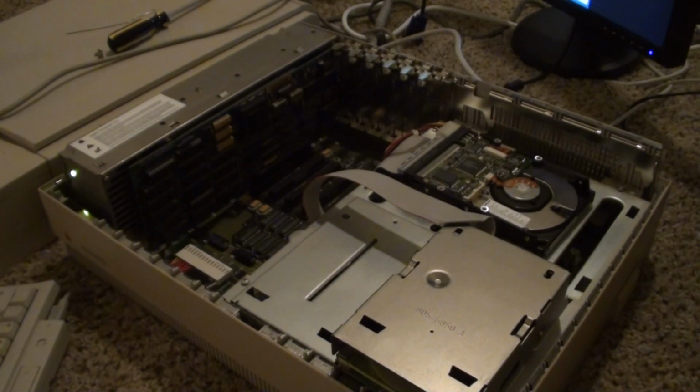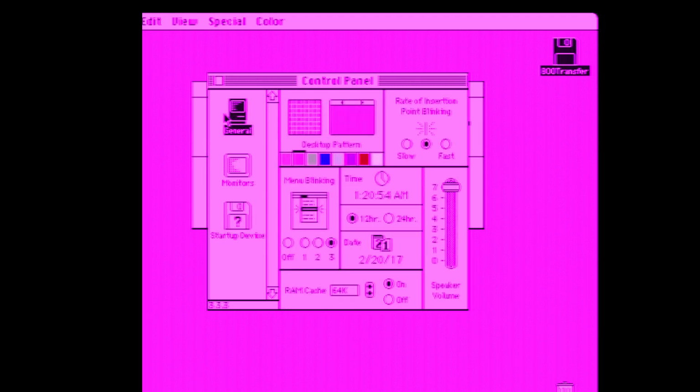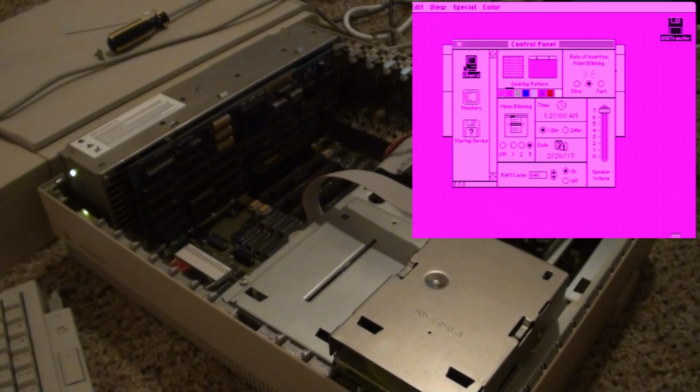So the problem I'm having is that the left side of the screen I can't even see. Everything is pink. Okay, so this is basically what I'm seeing. It's not a pretty picture, and it's pretty much the best video I can get right now. So this is the control panel. This is System 6. It doesn't offer us a lot of flexibility. However, if you take a look over at the Macintosh Plus over here, sorry, the Macintosh 2 over here, you can see that this is